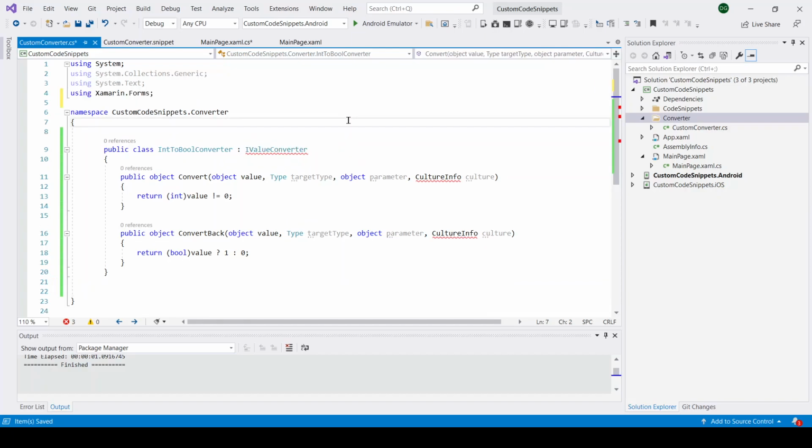In this way, we can use whatever we require in a Xamarin Forms project. We can also create code snippets for behaviors, and use them in multiple places without writing repetitive code. Finally, we have seen how to create and use code snippets inside the project. If you create a code snippet and add it to Visual Studio, we can use it inside the project and in other projects also.